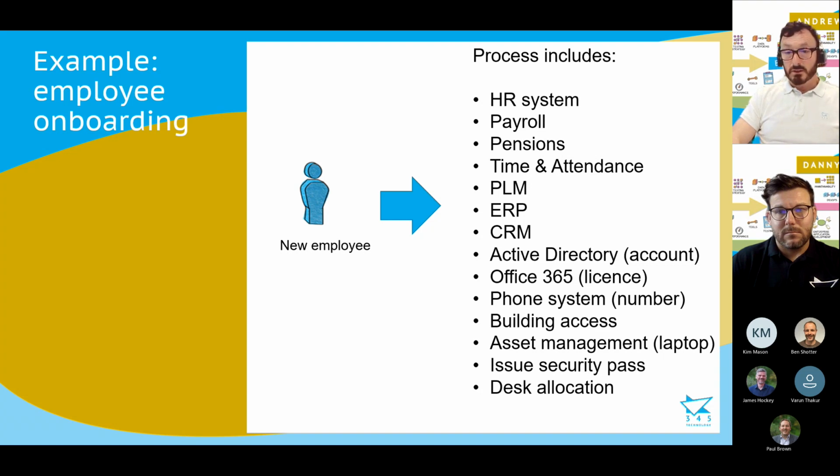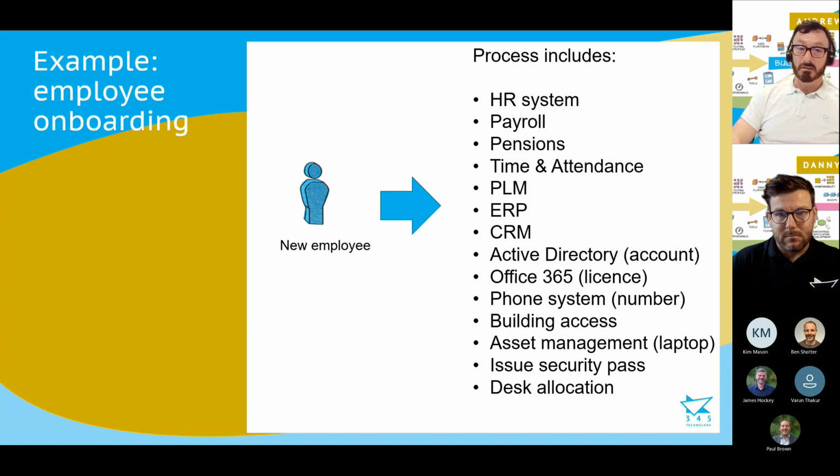If they need to do a timesheet, or if they're on a rota, they need to be in another system. And depending on their job role, if they're in design, they could be in a PLM system. If they're in manufacturing, ERP, they might be in a CRM. They're probably going to need Active Directory, Office, maybe a phone number allocating, given access to the building, given a